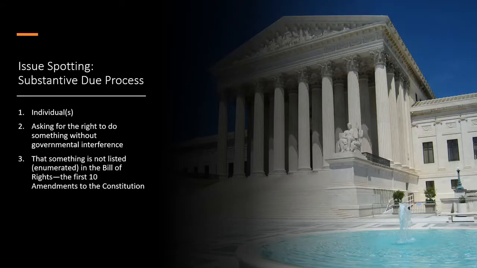and very importantly, whatever right it is that the individual is asking for, if you're doing a substantive due process analysis on an exam, that had better not be a right that's already listed in the Bill of Rights. So you have to be familiar with the Bill of Rights, Amendments 1 through 10. Amendments 1 through 8 really enumerate rights. They really create a list of rights. The 9th and 10th Amendments are relevant to all of that, but you'll see the rights actually identified